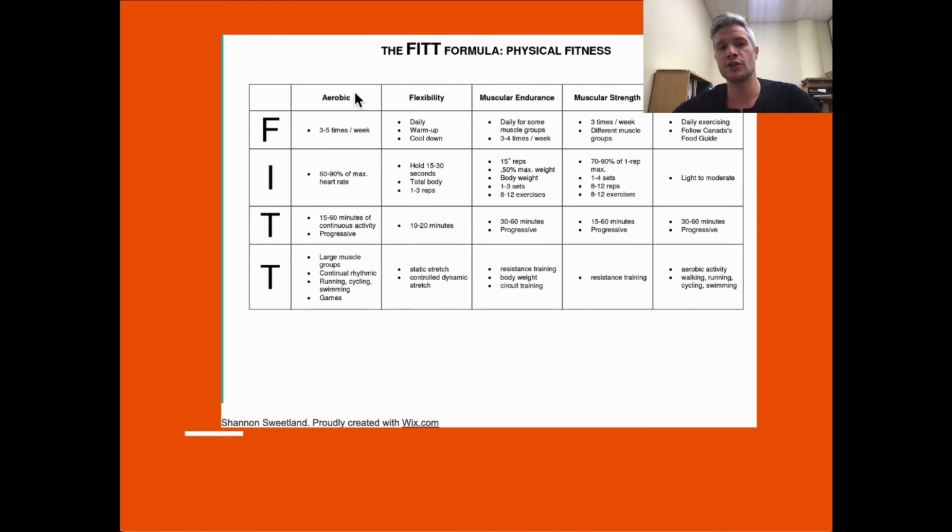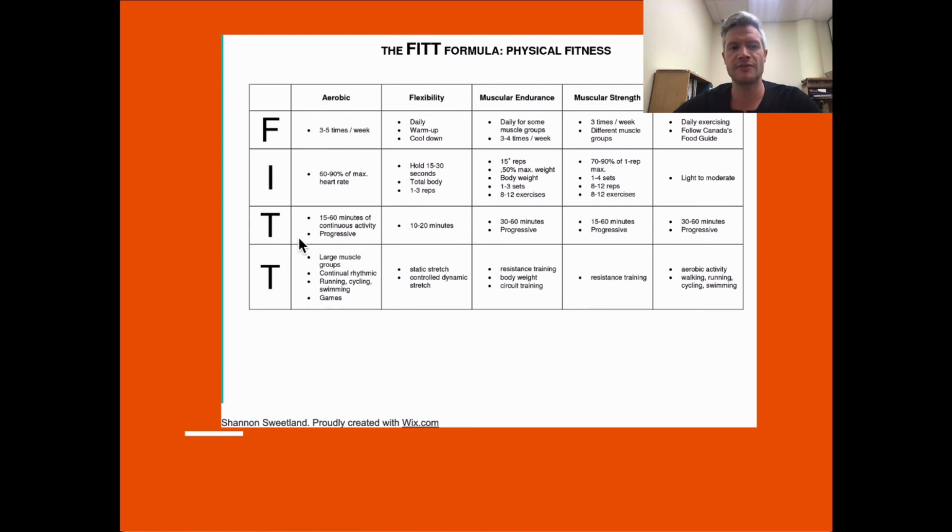Okay, so if we're to look just at our aerobic activity for this particular individual, they're training 3 to 5 times a week at 60 to 90% of their maximum heart rate. So if we think of what we know about intensity, this is probably more for performance rather than health. Health would be probably closer to 50% of max heart rate, maybe at the very most 75 to 80%. Okay, engaging in 15 to 60 minutes of continuous physical activity and having a progressive load over that time. And how can we go about this?